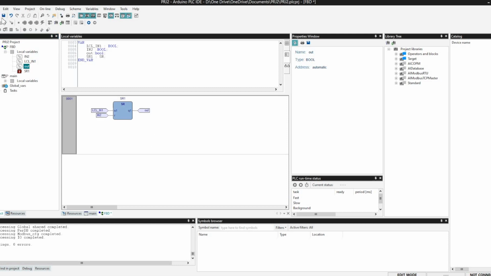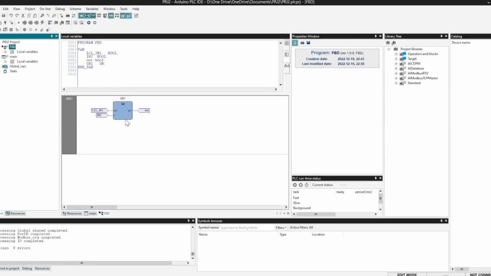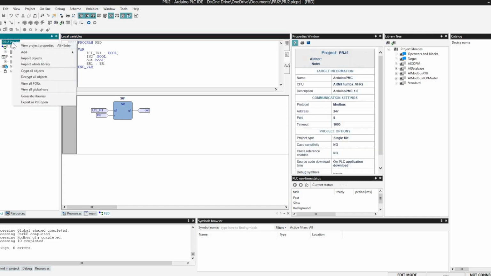So this is pretty easy, and saving is a must. Once you save, it remains intact. So it's fine. So one program in FBD, let's try something different. So another language which